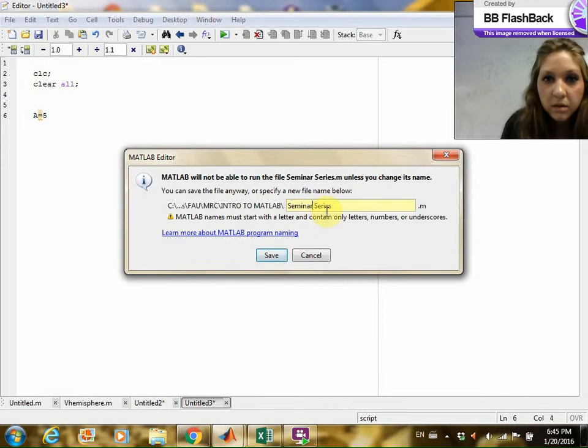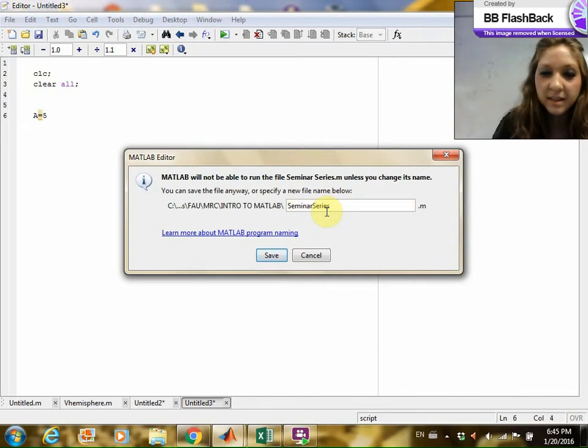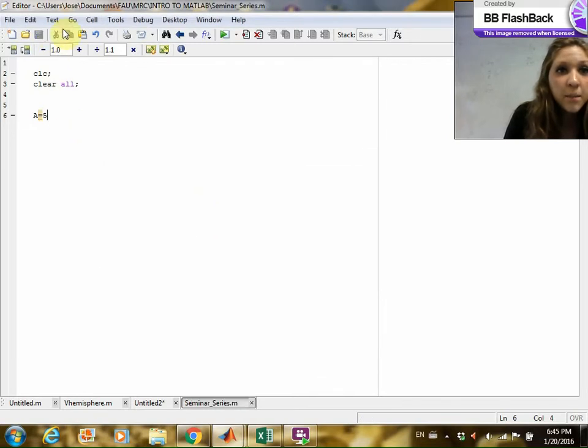All right. Yeah, so classic error, you can't use spaces when you're typing in titles for Matlab. It doesn't like spaces, so I typically don't use spaces. So if we go to run our program right here,